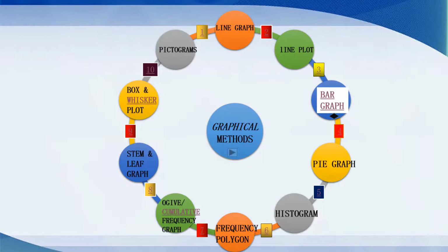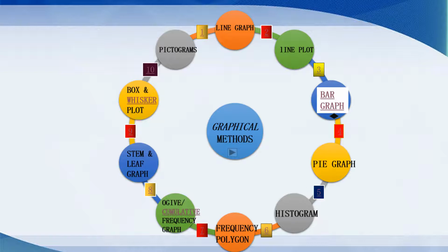Histogram is essentially a bar graph of a frequency distribution. It can be constructed for equal as well as unequal class intervals. What do you mean by equal class interval and unequal class interval? Suppose I'm taking student data of marks, and I want to know the students who got marks in between the intervals like 10 to 20, 20 to 30, 30 to 40, 40 to 50 and so on. Then these are equal intervals. 10 to 20, 10 is the difference. 20 to 30, 10 is the difference. 30 to 40, 10 is the difference, right?